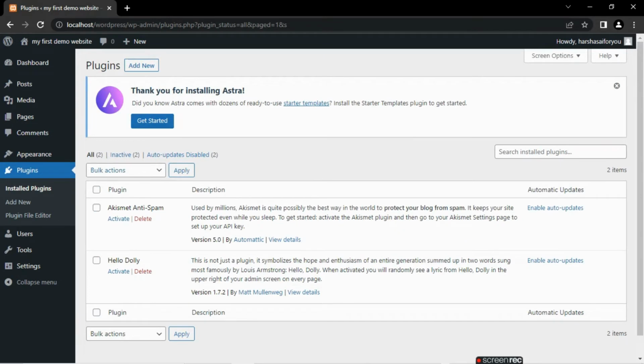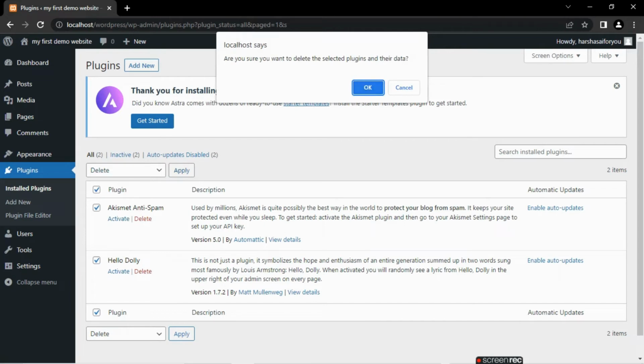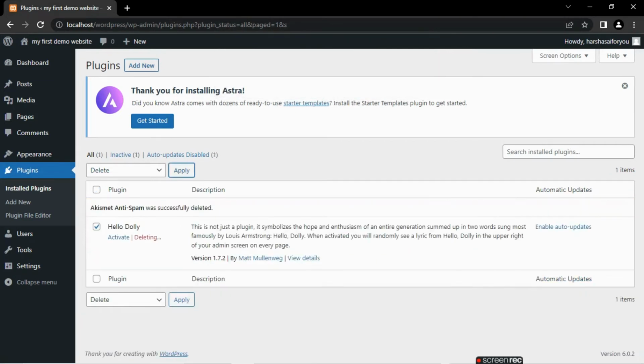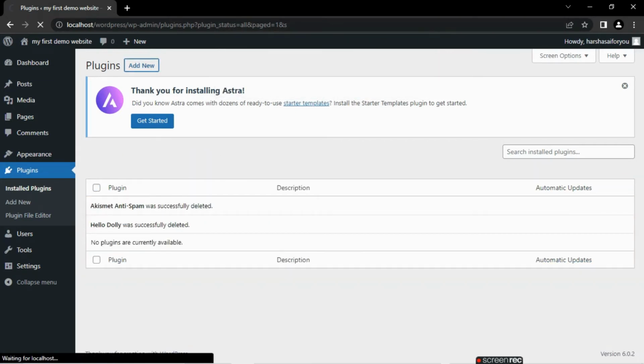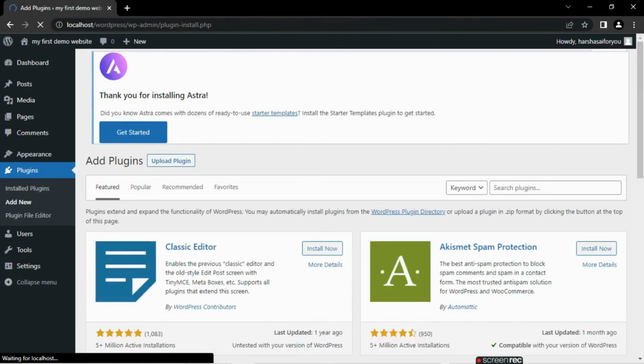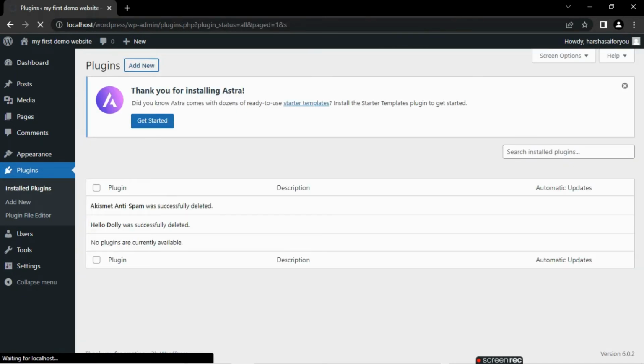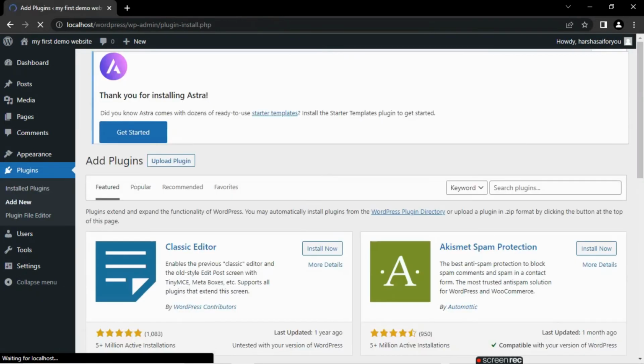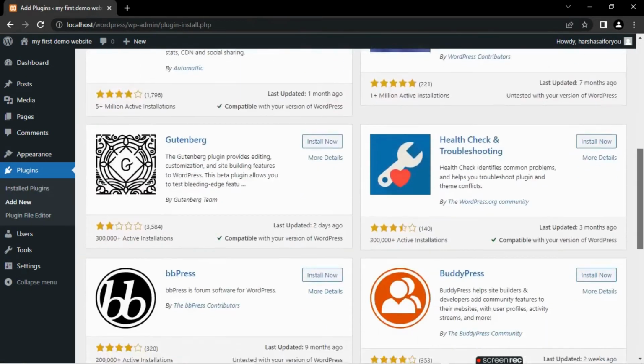Plugins can extend and add more functionality to your WordPress. There are thousands of plugins available to choose from. Simply, WordPress plugins can enhance your site's performance, features, security, and more for building a better suit for your needs and serve your visitors too. But, using a bunch of plugins may slow your blog performance. You can click Add New, and then click Install on any plugin to add it to your website. If you do not have any idea about what to use for your site, read the Best WordPress Plugins article